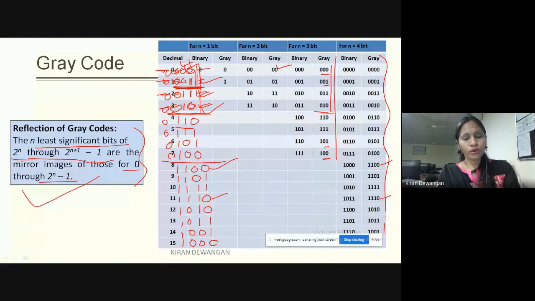हम gray code को reflective code क्यों बोलते हैं? Because it has a reflection of upside to the downside of just last bits. That is, if you are having n bits, then n - 1 number bits will be having the reflections.